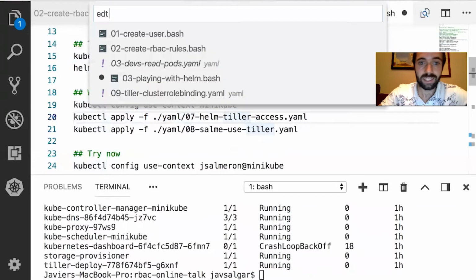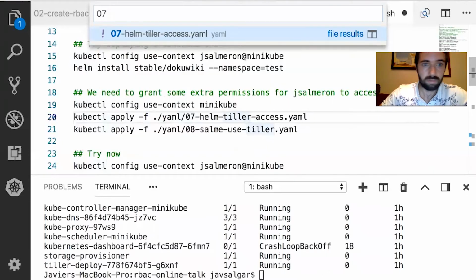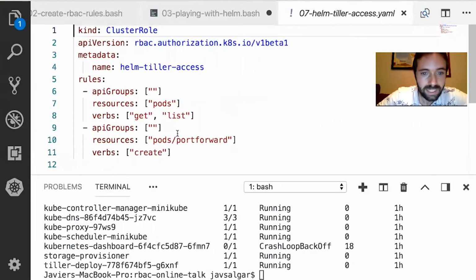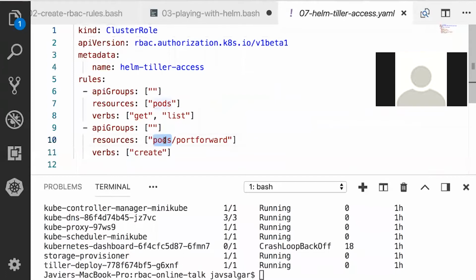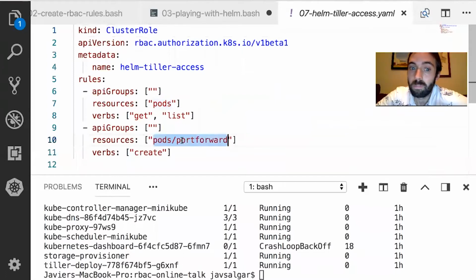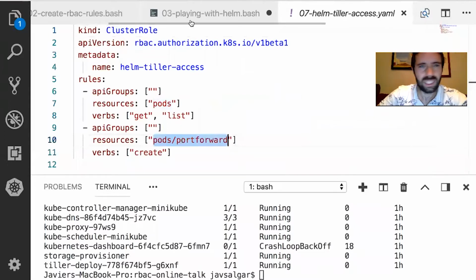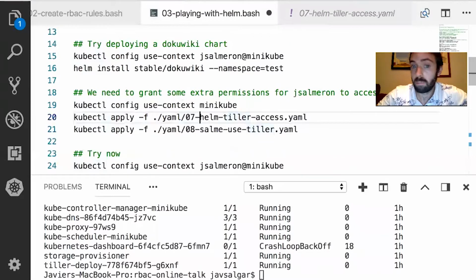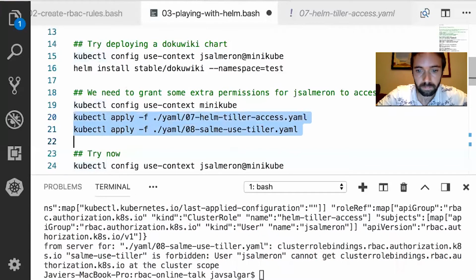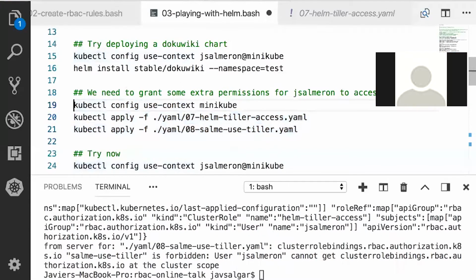How is this done using RBAC in a role? Basically, you need to create another strange resource called port forward. It's just to be able to create a port forwarding. So that's not really what I consider important. It's just so you know that with this RBAC rule, you can create a particular role that says now Helm. But I need to switch to administrator first.